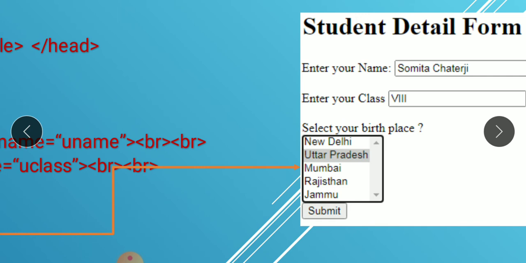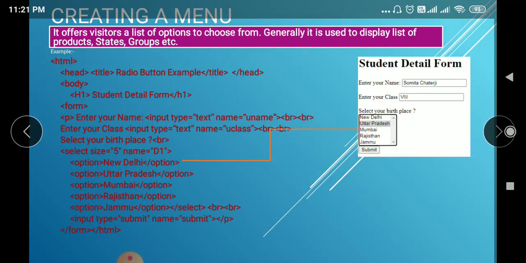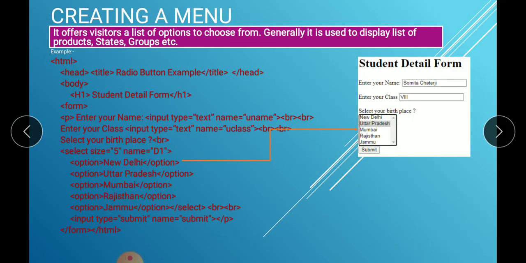So in this class we have completed most of the HTML controls which are given in your syllabus. So students, go through this very carefully and write down these programs in your copy because it is very useful, and write with a heading. Write with a heading means, for example, creating a menu, then after write down its example. And what is the menu? You have to write it down in a single line.